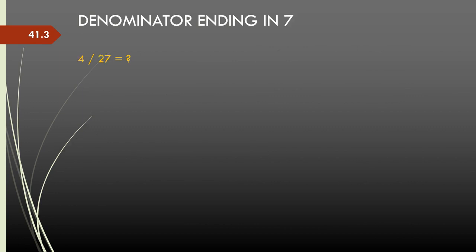Let's now look at how the same process extends for 7. Here each time the previous quotient number needs to be multiplied by 3. That's the only difference here. So 4 by 27, I start dividing with 3. So this is 0.4 divided by 3, 3 ones are 3, 1 is the remainder, 3 into 1, so this becomes 13.